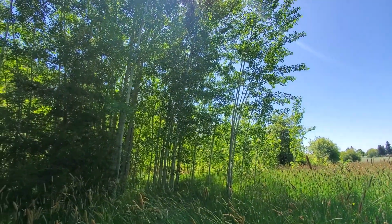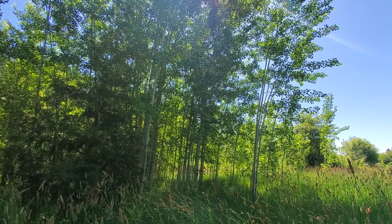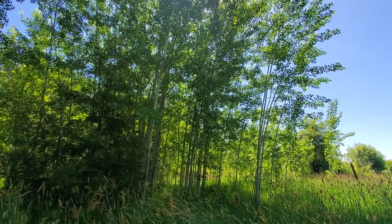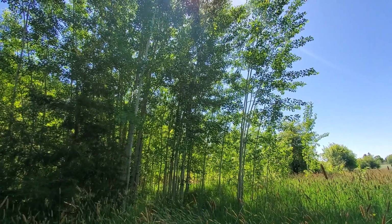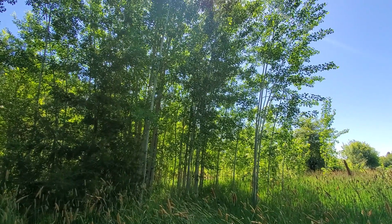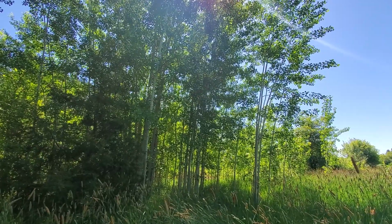So where did this stand come from? It's not the only one. There are a few clumps like ours up and down, like if you go down the Willamette River. There's some near Corvallis, there's some in Eugene, and there are scientists doing research, and they think that a lot of these trees got here, or some of them came